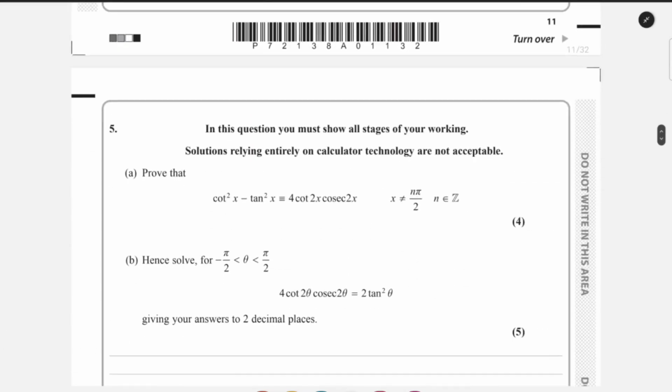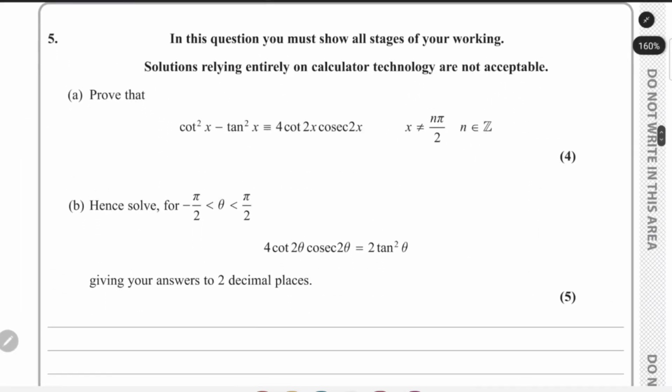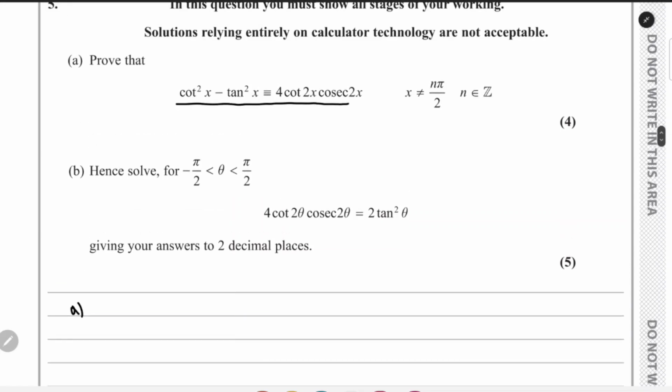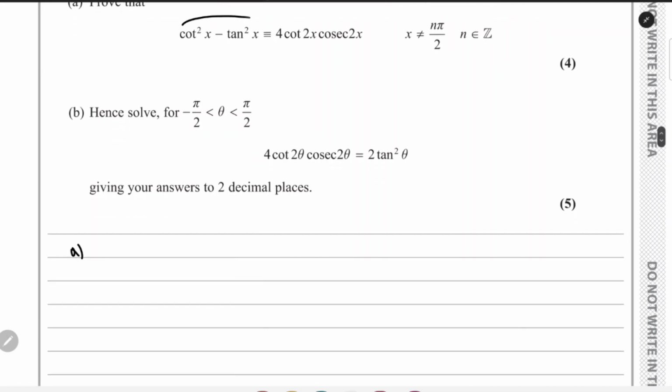Moving on to question 5, we have a question about proof. In the first part, we have to prove that cot² x − tan² x is 4 cot 2x times cosec 2x. Now if we begin with the left hand side over here, I'll just write them in cos and sine. If we don't find anything that we can do right now, we'll start by converting them into sine and cos. So cot² is